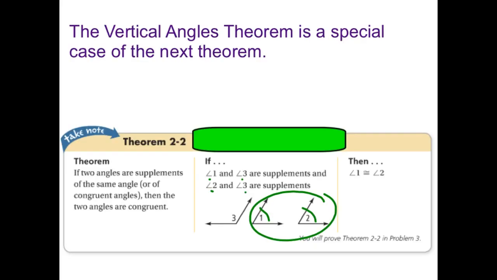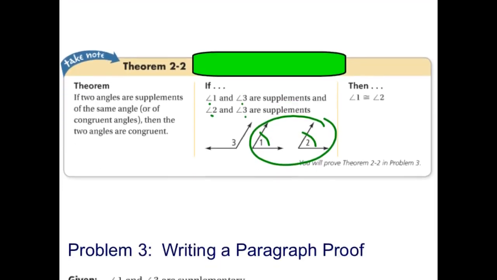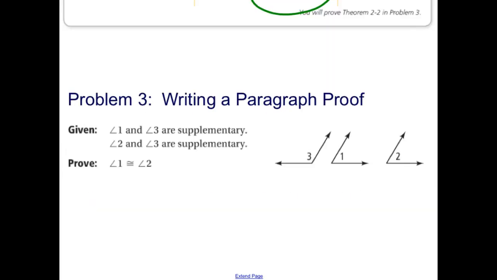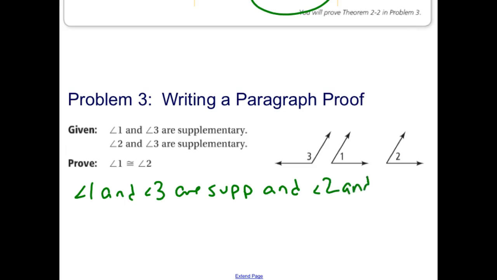So that's what we're going to do. We're going to start by saying angle 1 and angle 3 are supplementary, and angle 2 and angle 3 are supplementary